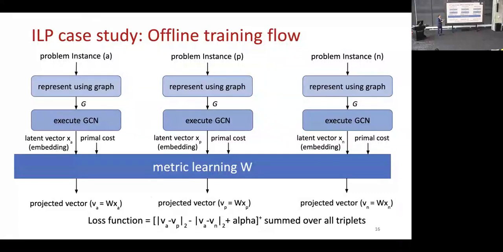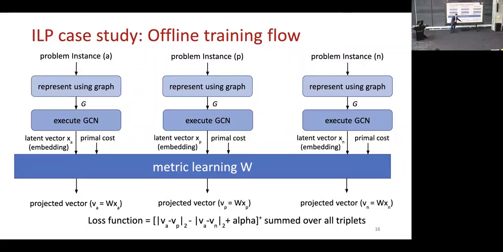So this is the final training pipeline. Like I said, you have a lot of problem instances that you're going to solve with your combinatorial optimization solver, your ILP. You get the costs into a different configuration. Then you're going to pick 3 triplet samples: one anchor problem, another problem that is similar to it when you change the configuration, another one that is not similar to it when you change the configuration. You're going to represent all of these as graphs, bipartite graphs. You run the GCN, that's going to generate a vector, the latent vector embedding. Then you run it through the metric learning to transform these vectors. And then in here, you want to find the weights for your metric learning. You want to find the weights for your GCN such that